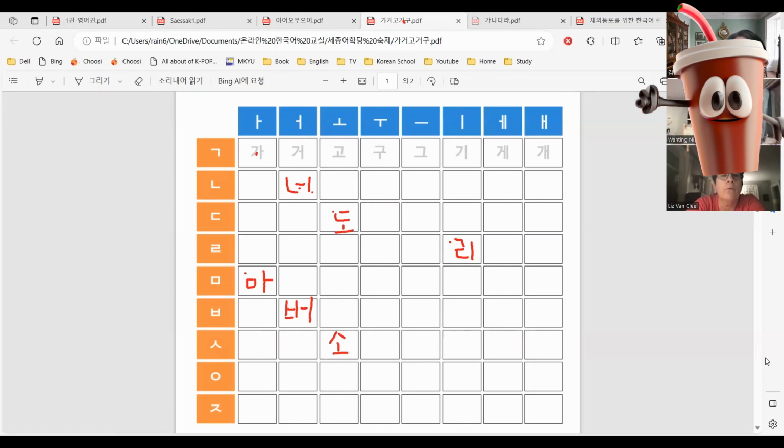소. 우. Right? 즈. Okay, so we didn't learn compound vowels yet, so we just practice the simple ones, and then